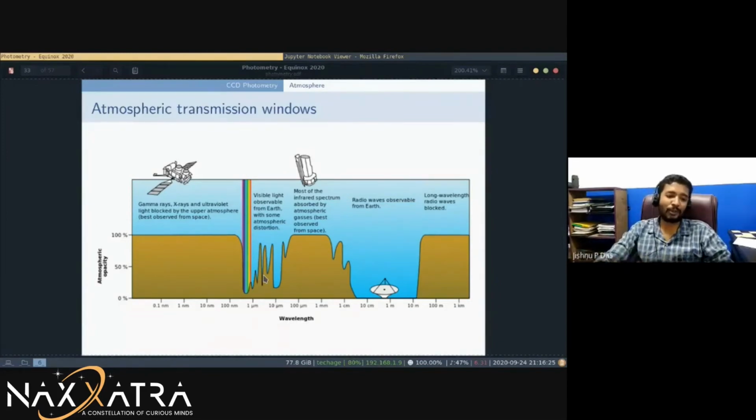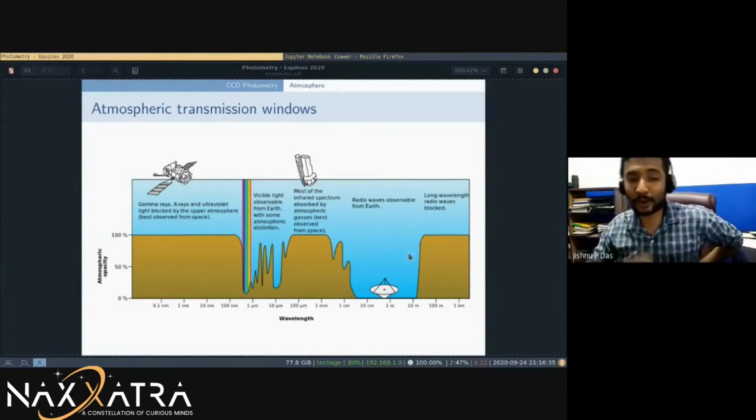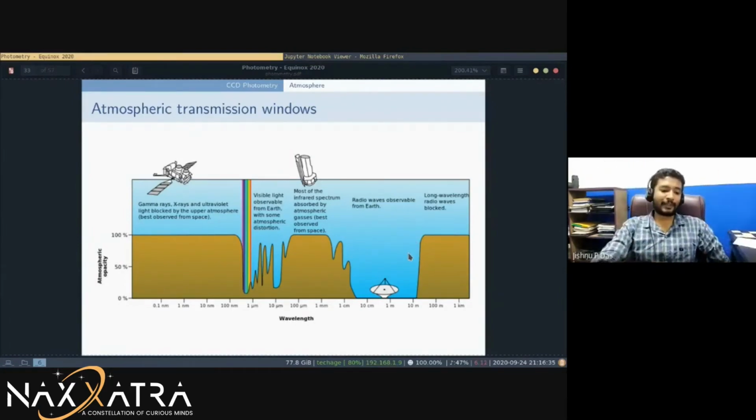There is a huge radio window where everything is transmitted through the Earth's atmosphere, and longer radio waves are blocked. This is a figure you could look at or research later.